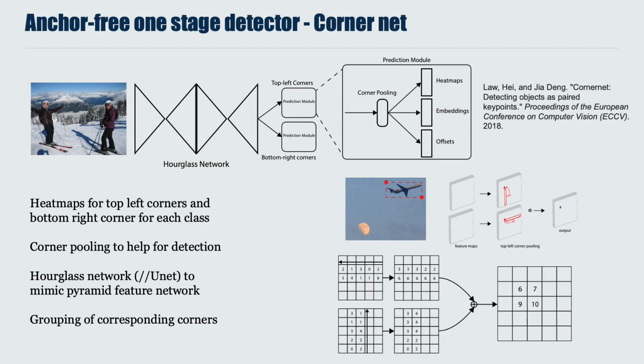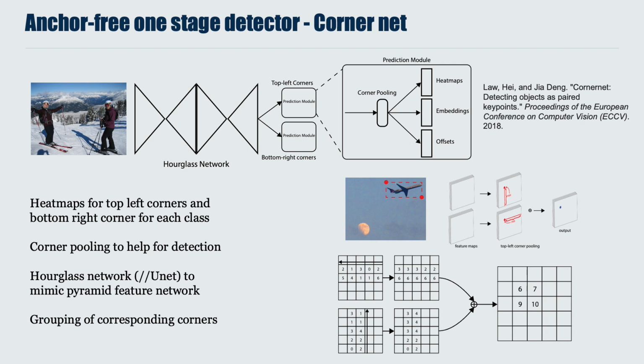Now that we have seen YOLO, I just would like to mention another type of framework, which is again anchor-free, again a one-stage detector, and it's CornerNet. So CornerNet actually tries to identify the two opposite corners of an object in an image, and to do so, they use a network that is actually very similar to UNet. It's called the Hourglass network, but again, taking the image at different scales and resolution and going back to the